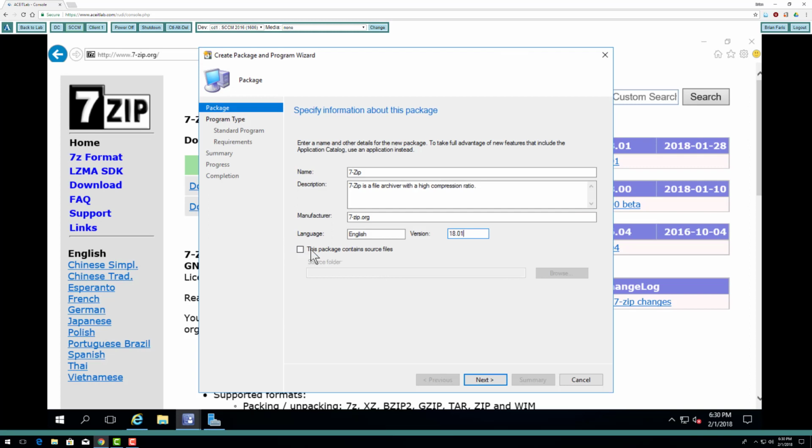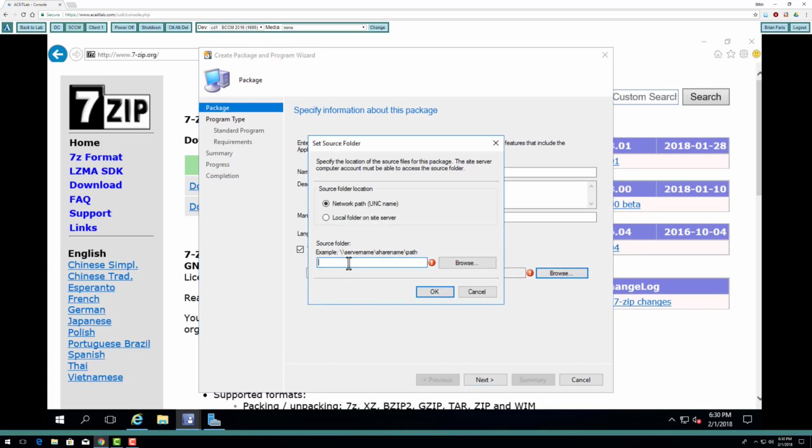This package contains source files. We've already downloaded those source files. I like to call the folder source files just because of this. This is not where things are deployed from. This is just a staging area for the distribution points to get the software from. So I'm going to check the box. Go to browse, and we're going to type in